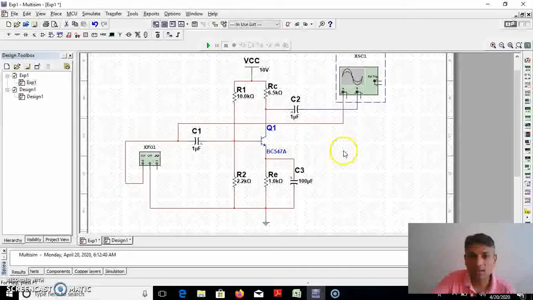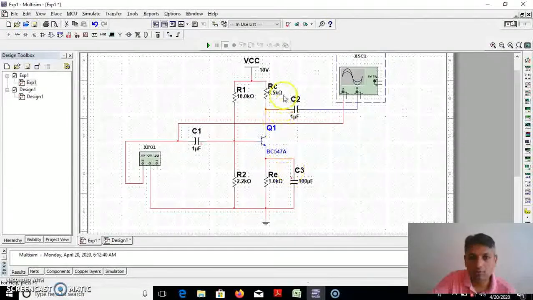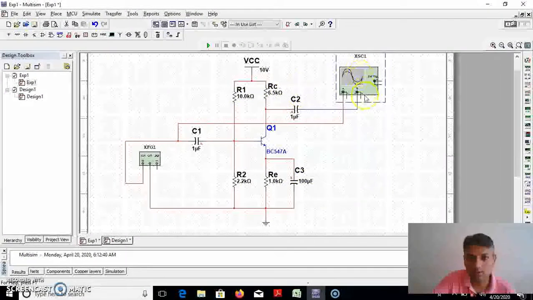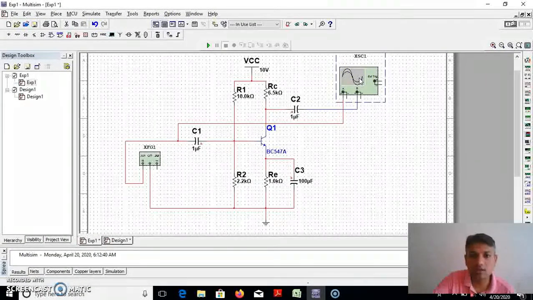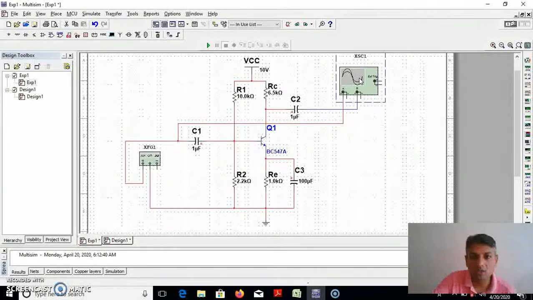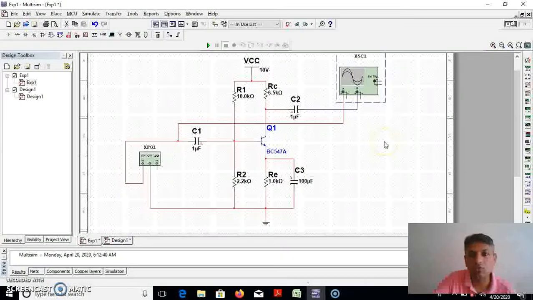After implementing the circuit, set the proper values of the components as described in the procedures, then save the circuit. After saving, you can click on this button that will simulate your circuit, and you can observe the signal on the CRO. We also saw the procedure of how to calculate the peak-to-peak value from the CRO by moving the cursor bars T2 and T1, and then measuring the difference T2 minus T1.